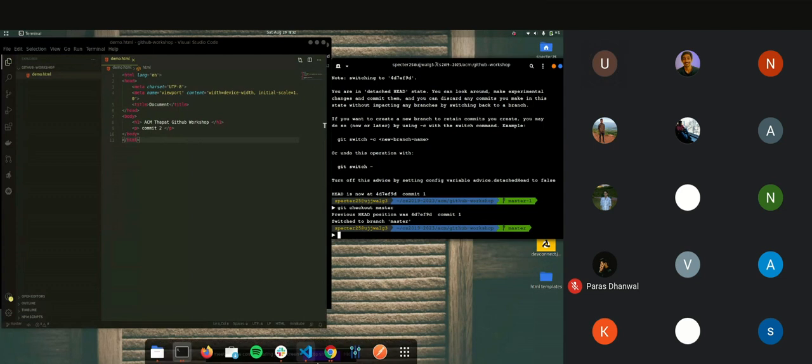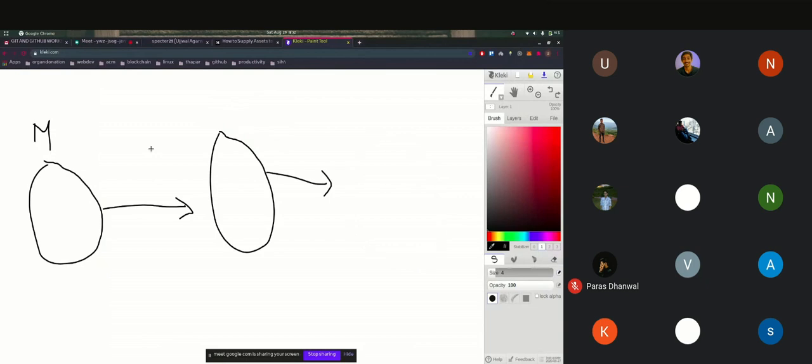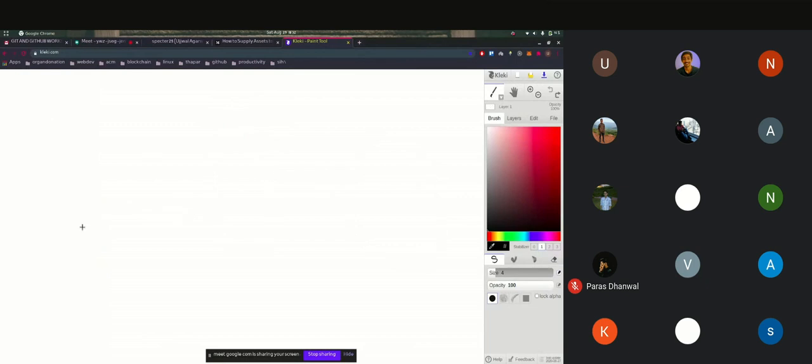So what Git does is, when we initialize a Git repository, the entire code we write is on the master branch. The master branch is the main branch on which the entire finalized code lives. So let this be the master branch, right? What we did is we made commit one, C1, and then we made commit two.